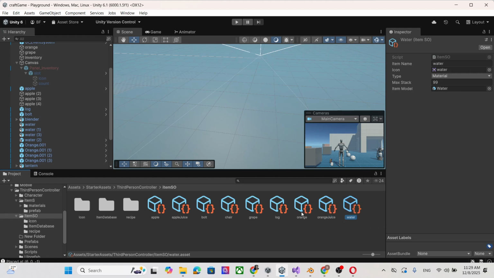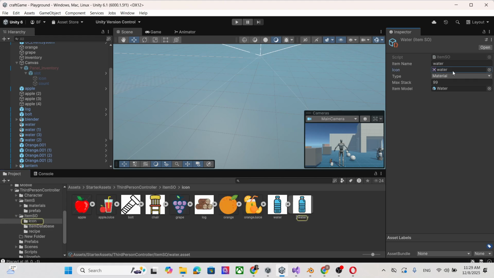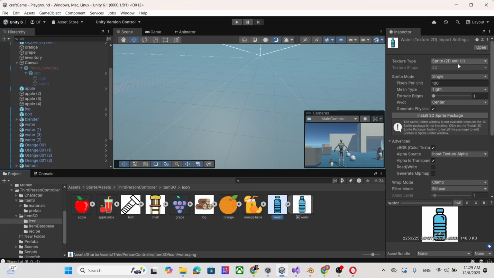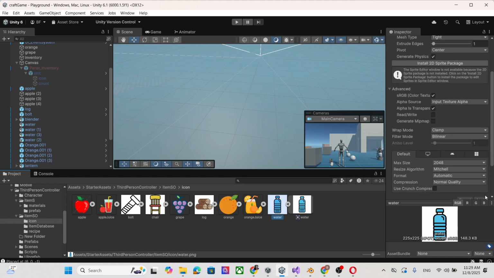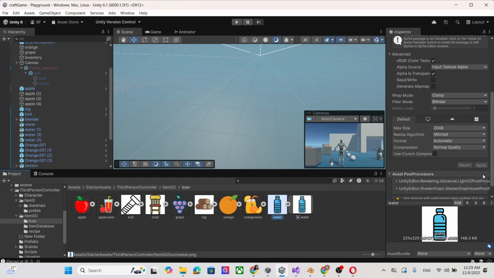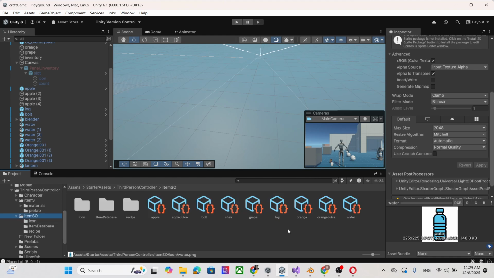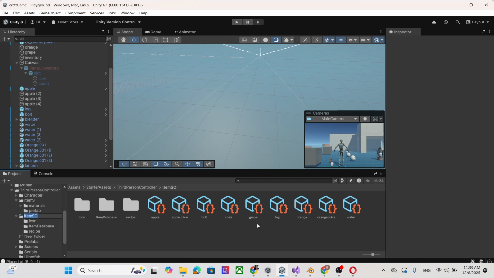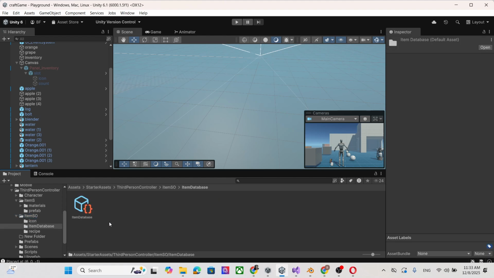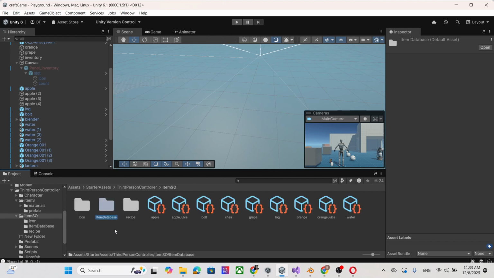Make sure this one, remember to change it to sprite, single, and click apply for your items. So now you have a scriptable object here. To make it easy to use our items, we have a database for it. So this is a database and the coding is,